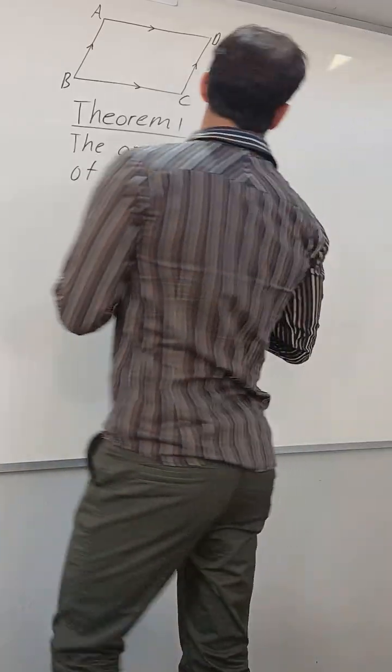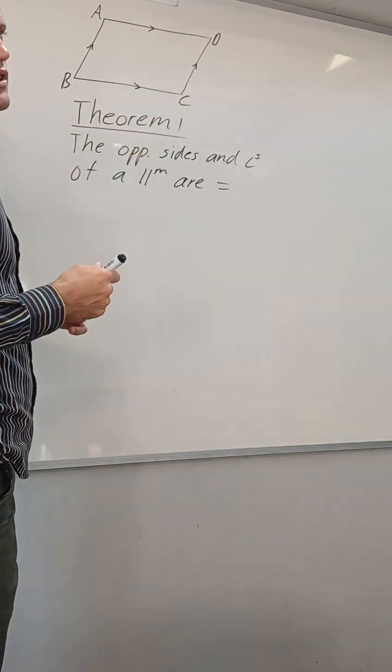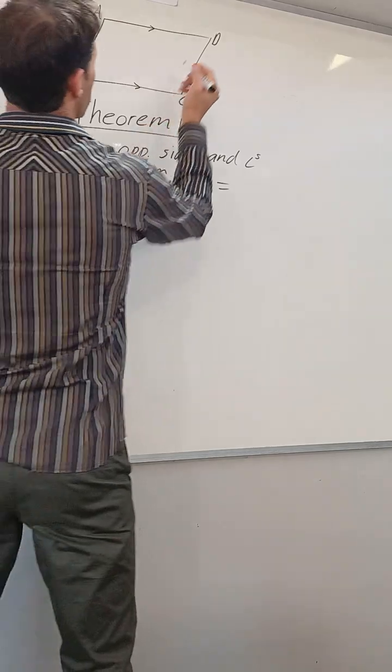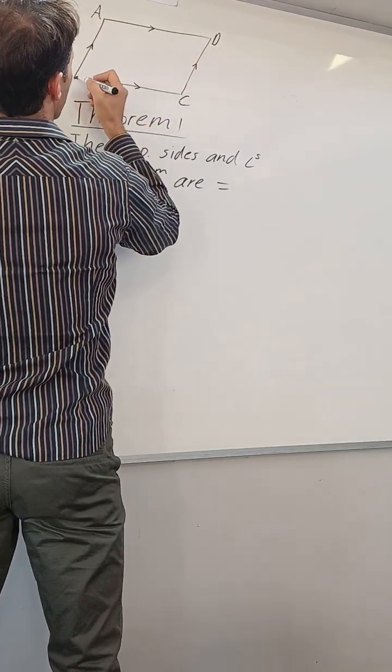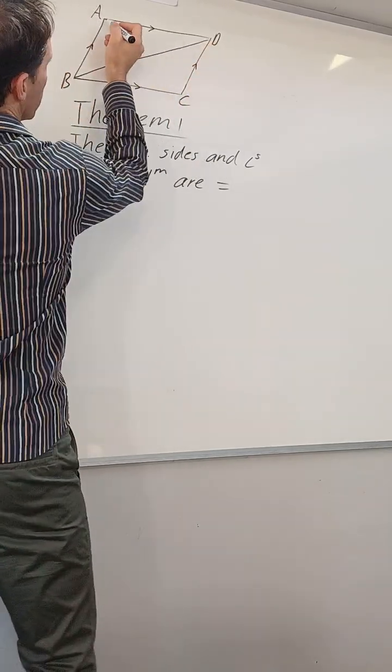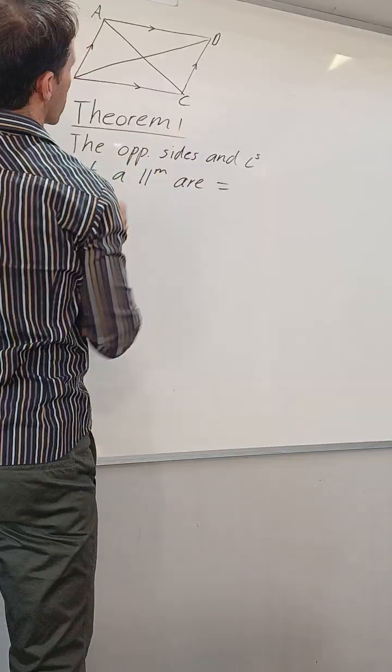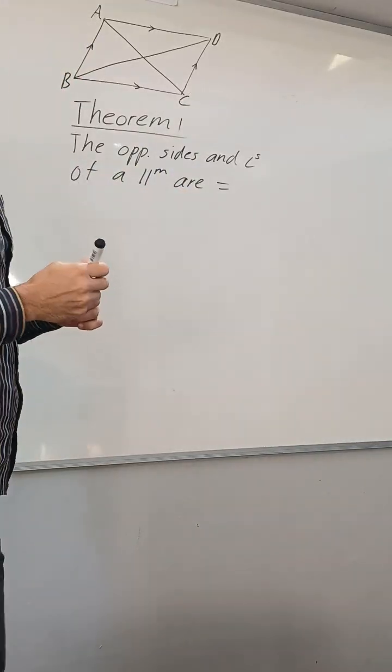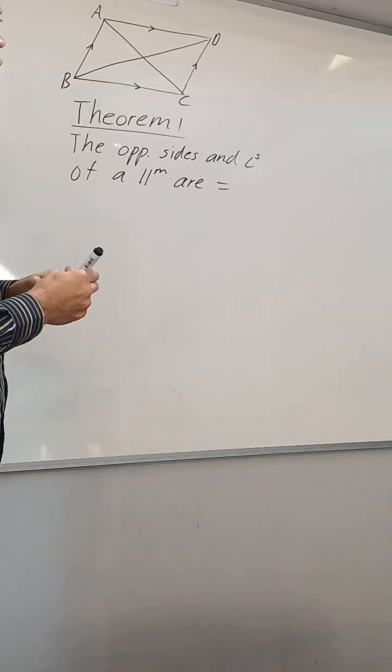Most of the time with a proof, you have to put in a construction line or two. Okay? So you're going to have to put in a line here from there to D, and then you have to put in a line here. Okay? You have to draw them yourself. Okay? And then you can start the proof.